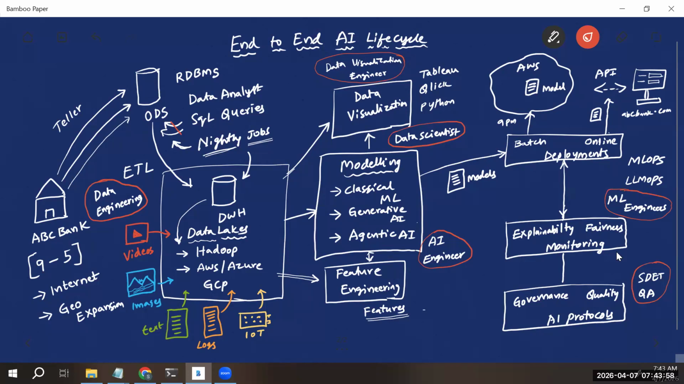Like, how do we test the models? How do we test the agents? How do we test the LLMs? So that falls under the AI quality, which comes under AI protocols. And then the governance